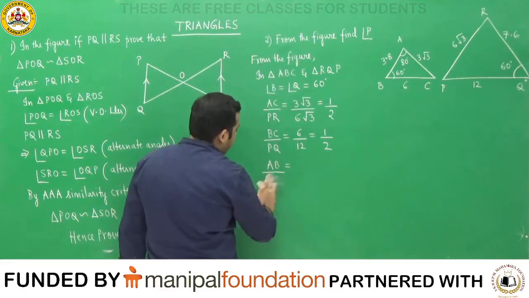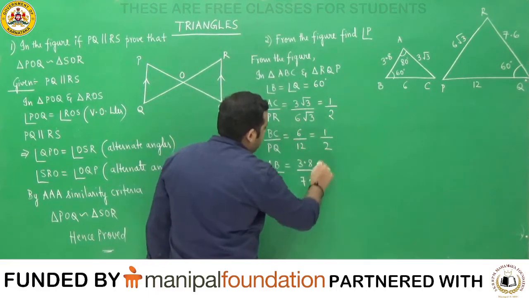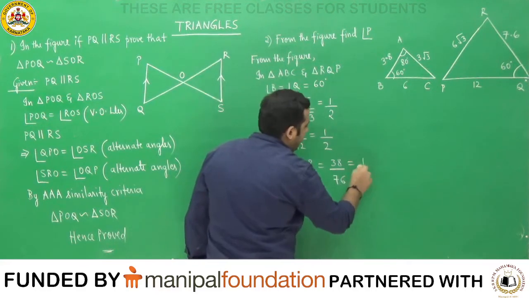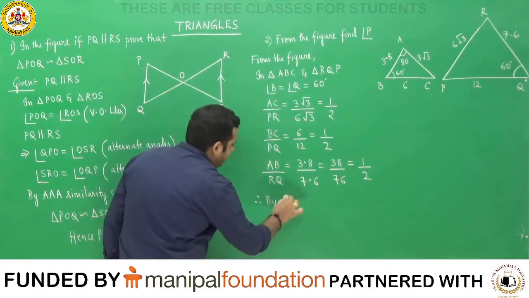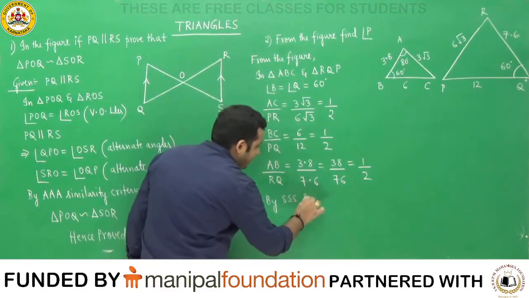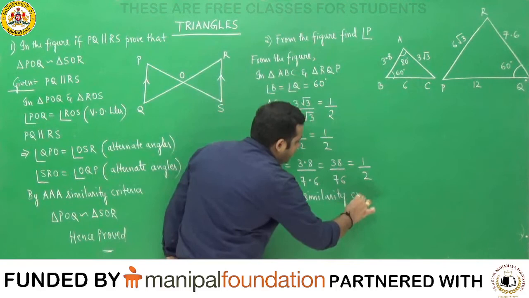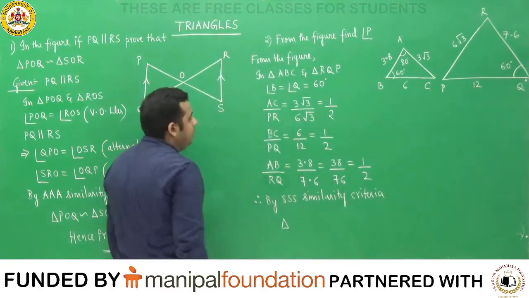AB divided by RQ, that is equal to 3.8 divided by 7.6, that is again equal to 38 by 76, right? Multiply and divide by 10, again you will get 1 by 2. Therefore, I can now come to the conclusion that by side similarity criteria, SSS similarity criteria,